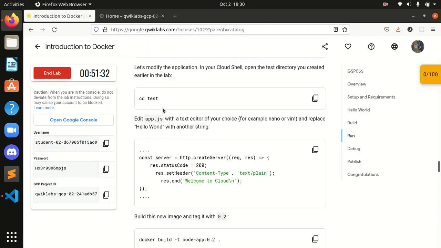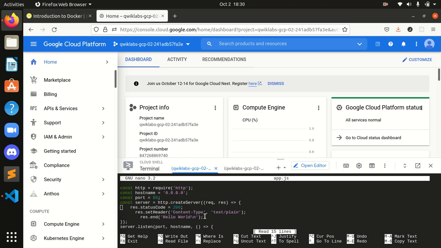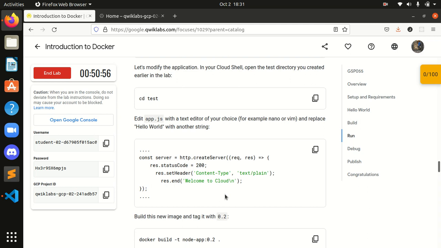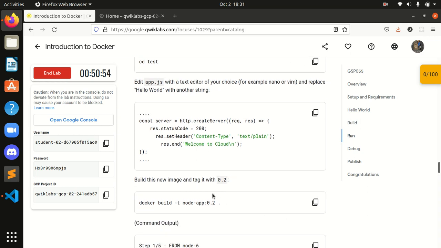We can replace it with anything we want, so I will replace it as given over there with welcome to the cloud. I will edit over here: welcome to the cloud. Okay guys, we have done.